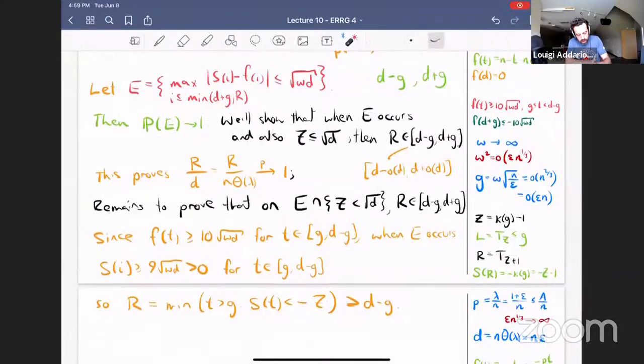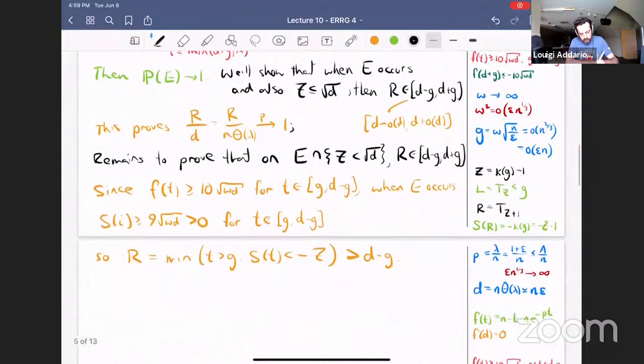We wanted that when E occurs and Z is at most root D, then R lives in this interval. We've shown that it's bigger than the left endpoint of the interval. Okay, and actually for that we only needed E to occur. But for the other bound, we'll use both. So when E occurs and Z is at most root D,